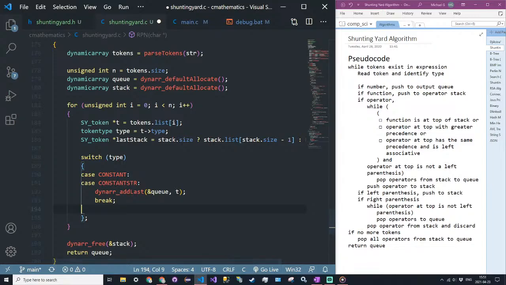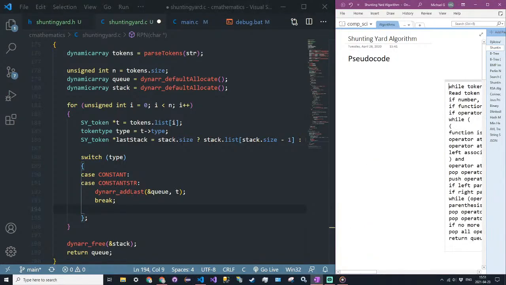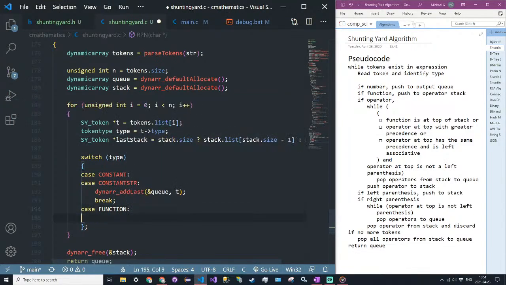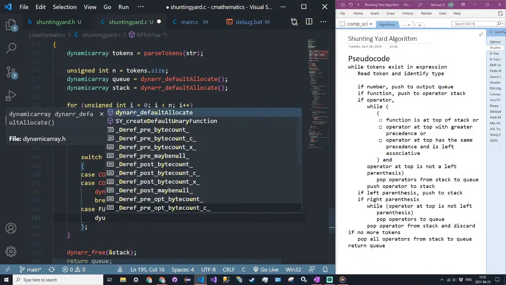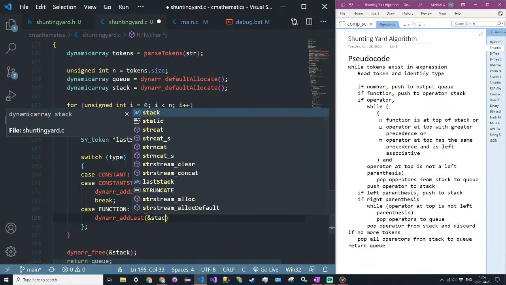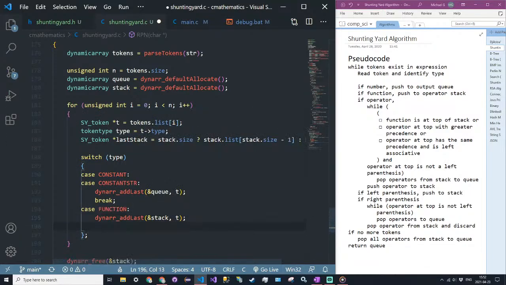Alright, so that's this condition right here. Then if a function, so case function, we're going to do dynamic array add last, and we're going to push it to the stack this time, and then break. Now for an operator,